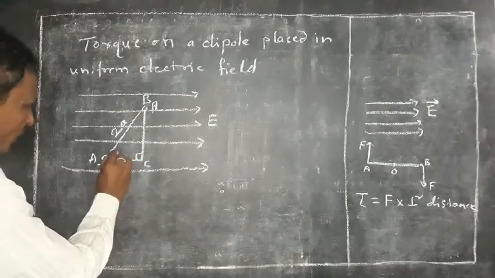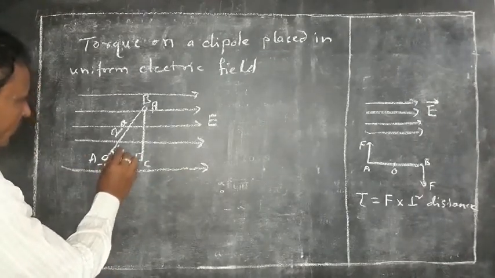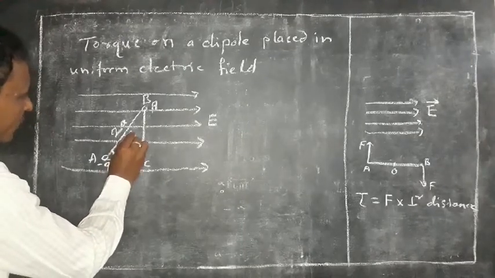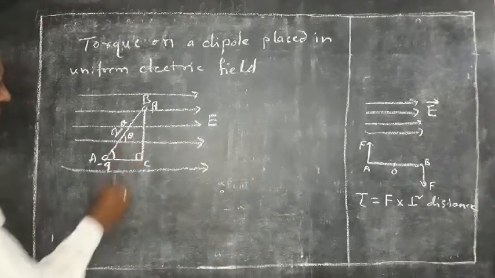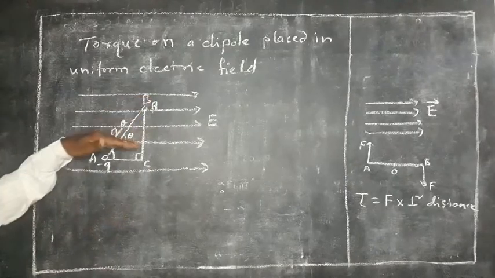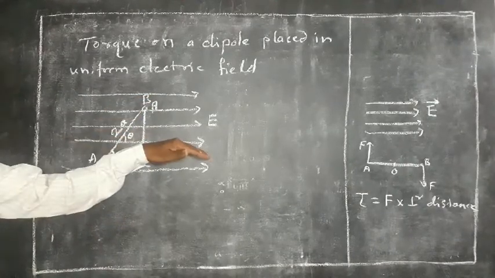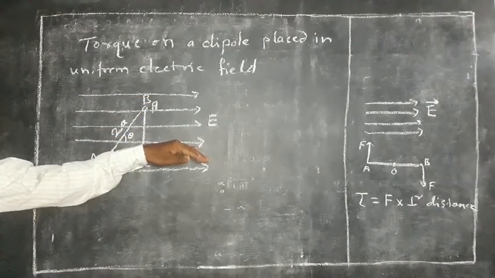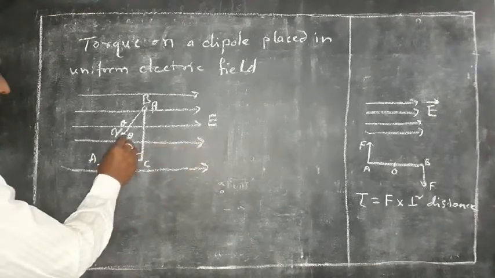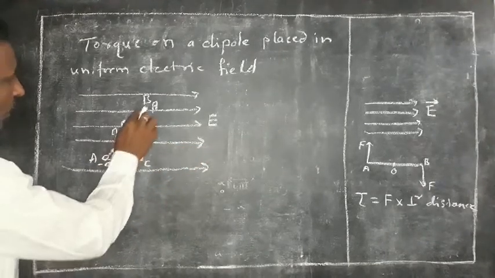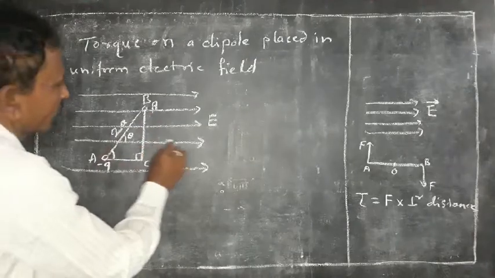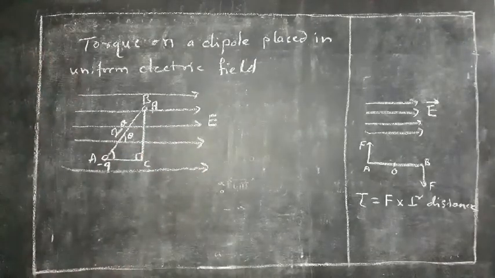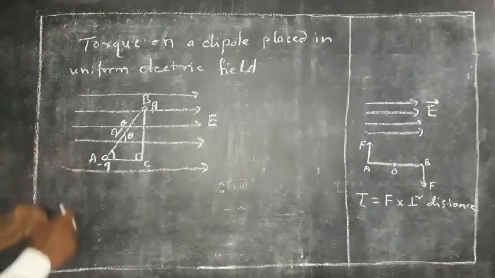If theta is the angle made by the dipole length with the electric intensity, that means theta is the angle of inclination of the dipole with the electric field, then from the figure